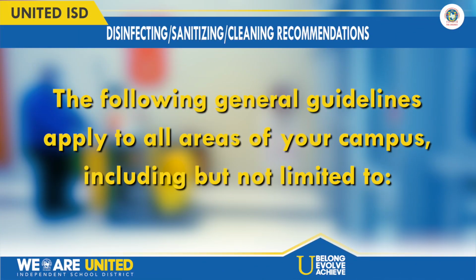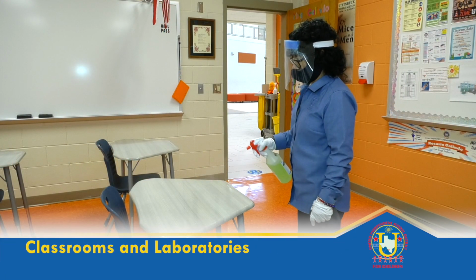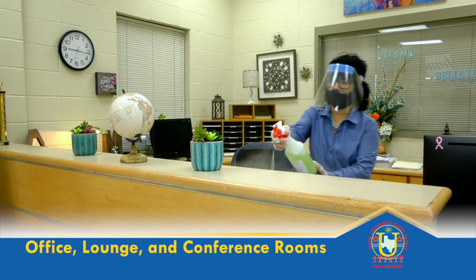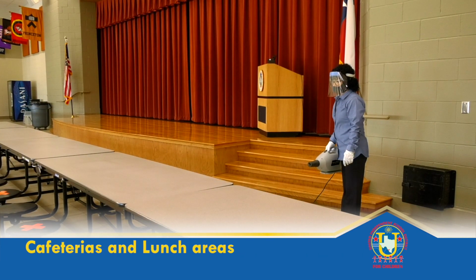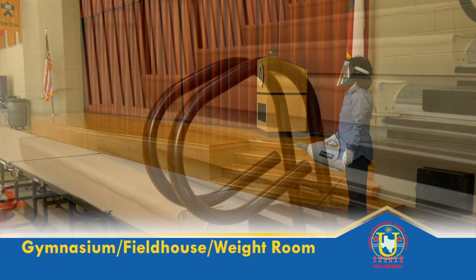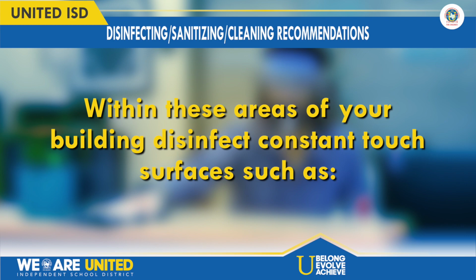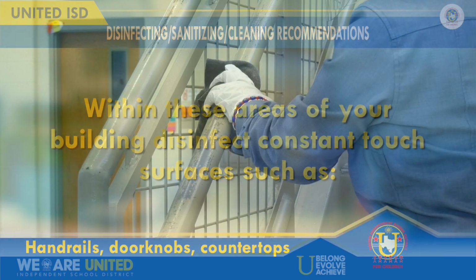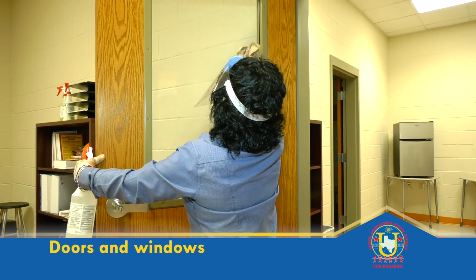The following general guidelines apply to all areas of your campus, including but not limited to entrances, lobbies and corridors, classrooms and laboratories, office, lounge and conference rooms, restrooms, locker rooms and showers, cafeterias and lunch areas, gymnasium, exterior grounds and perimeter. Within these areas of your building, disinfect constant touch surfaces such as handrails, doorknobs, countertops, doors and windows,